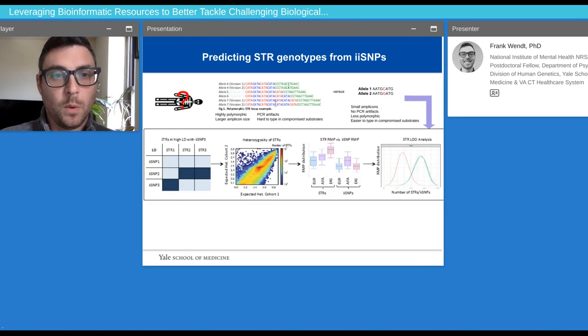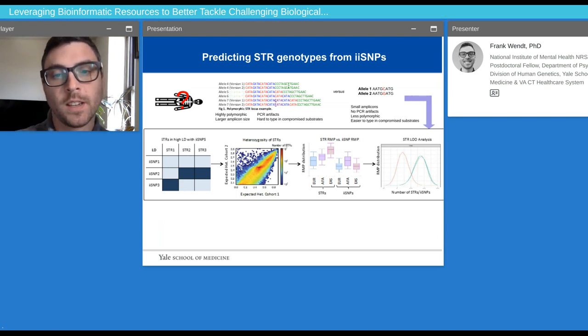So we performed this process in a couple ways, and I'll show that on the next 2 slides. But first, we identified STRs that were in high linkage disequilibrium with SNPs of interest from the forensic DNA signature prep kit. We evaluated their heterozygosities. We compared some random match probability information, and then we're also investigating a leave one out analysis to investigate how some incompleteness of your II-SNP profile may actually contribute to the data that you can receive in forms of STR